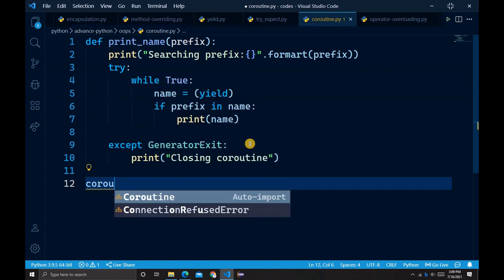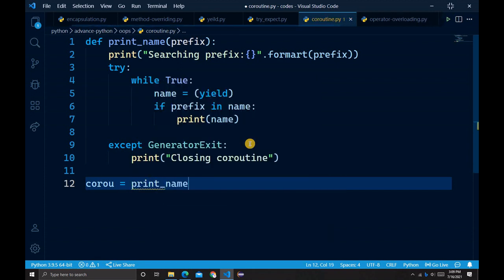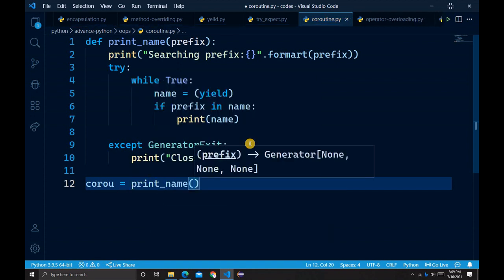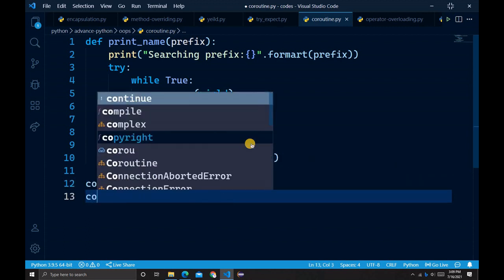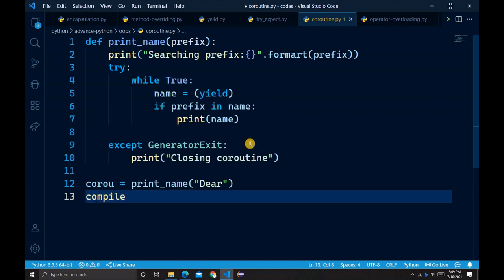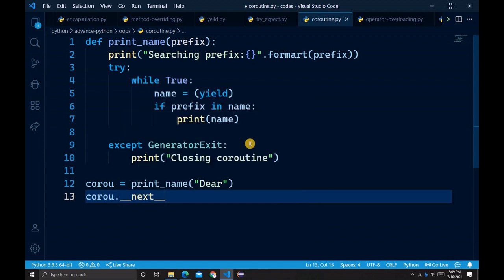Then we have to type coro, which is coroutine, is equal to print_name, and then we type "Dear". And then we have to type corou, the short form of coroutine, dot __next__ with parentheses.